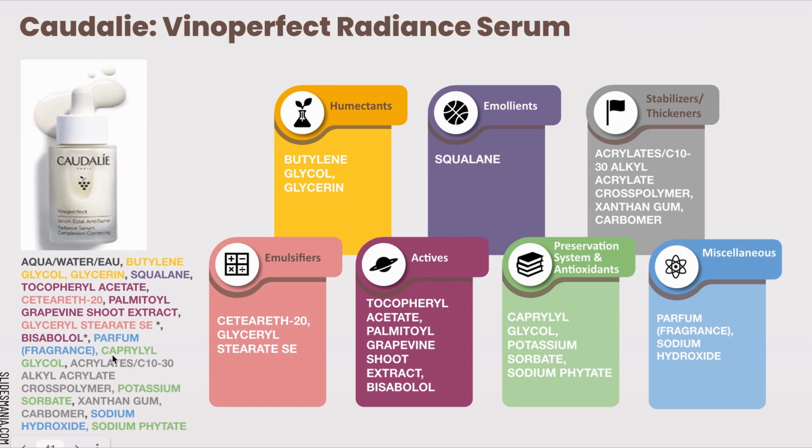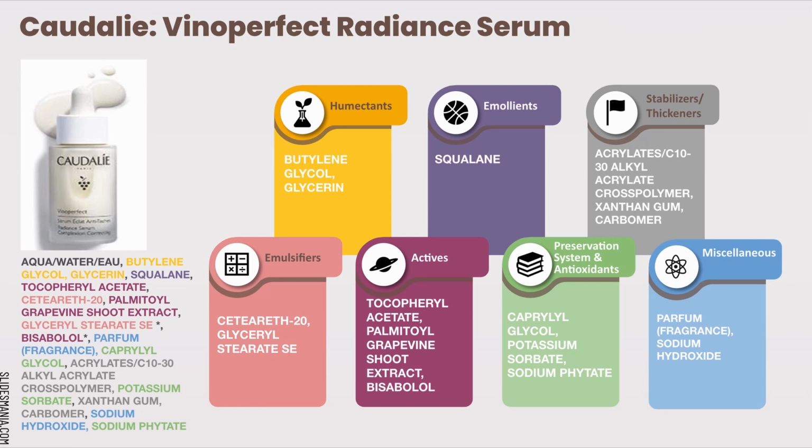is the caprylyl glycol, along with the potassium sorbate and sodium phytate, which is another chelating agent. Then we have the acrylate C10-30 alkyl acrylate crosspolymer, which along with xanthan gum and carbomer is a stabilizer. And then we have the sodium hydroxide, a pH adjuster used to neutralize these stabilizers so that they will swell and act as gelling agents, and they will give a little bit of body to this